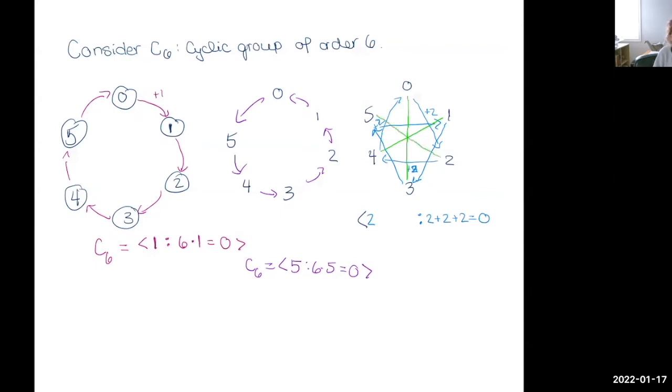Adding 3 to 2 gets us to 5. So we're generated by 2 and 3, and 3 plus 3 is equal to 0, modulo 6. Okay, so here we have